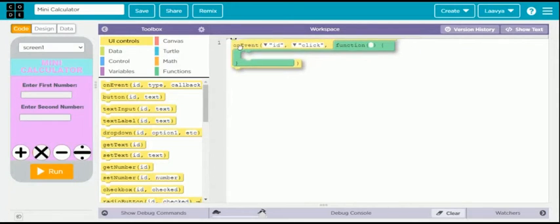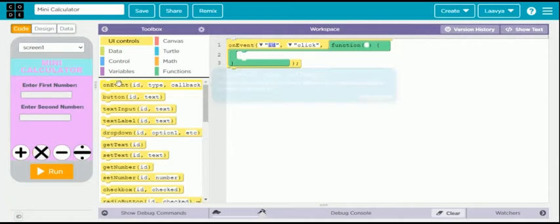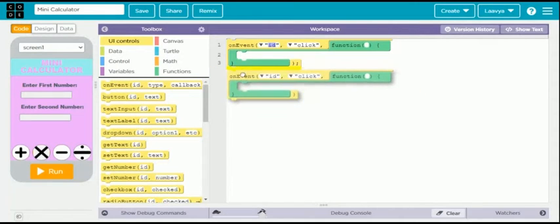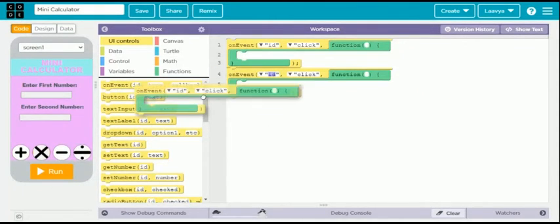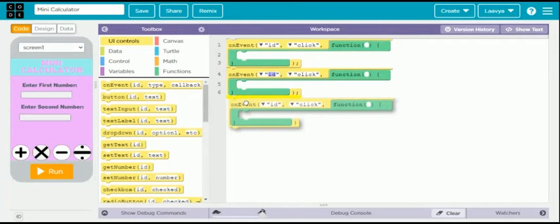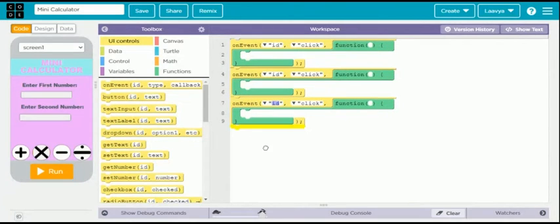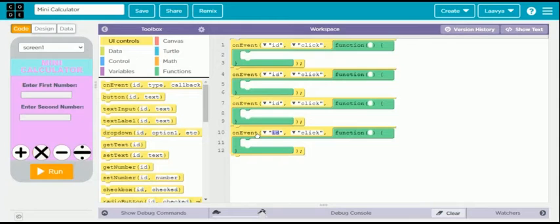We need it 4 times, so we'll just take 4 of them out because there are 4 functions. If you want more functions, you can add them. I'm showing only 4 because I want a very simple and basic calculator for normal use.